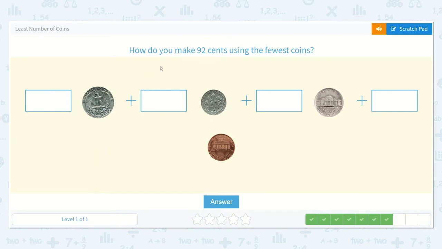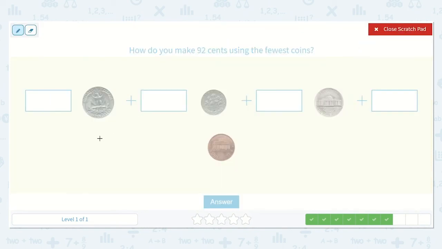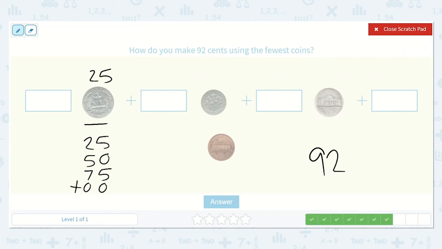Here we have, how do you make 92 cents using the fewest coins? Well, I know that 92 cents is a pretty big number. So let's start with our quarters, which are worth 25 cents. So we have 25, 50, 75, 100. Well, 100 is too much, so I know we won't have 4 quarters, but we can have 3 quarters, which is 75 cents. Now, if we counted on by 10 more, since dimes are our next coin,